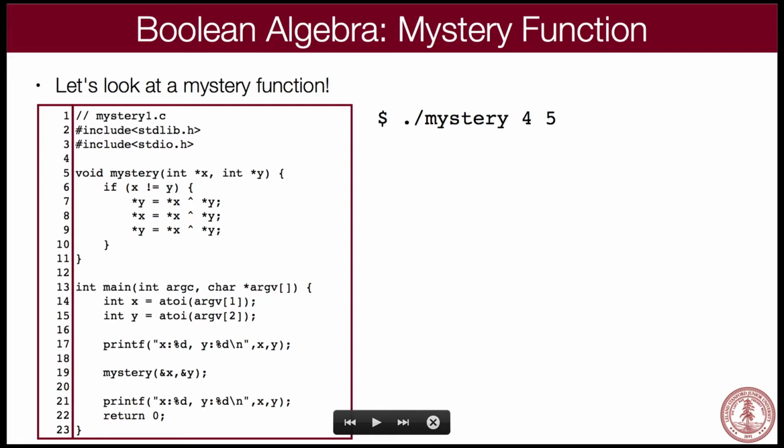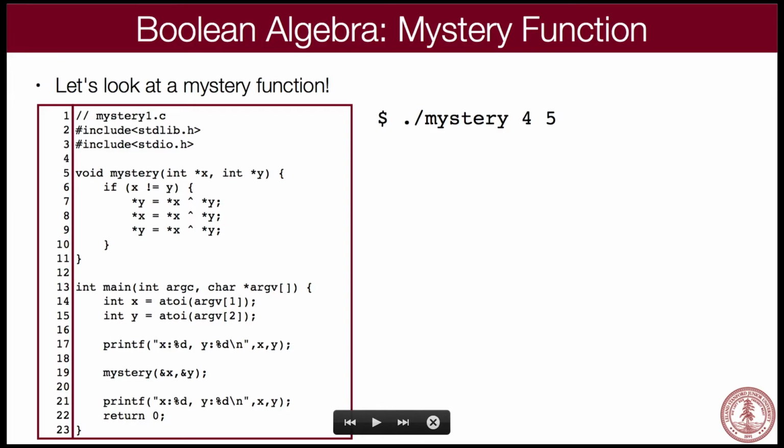So what this is actually doing is we're doing this. We're saying, look, if x is not equal to y, it's interesting. We're passing in a pointer to x and a pointer to y. And we're saying if x is not equal to y, we're going to apply this weird thing. We're going to say the value at y equals the value at x exclusive ORed with the value at y, and we're going to set that into the value at y. Then we're going to take the value at x and do the exact same thing again. We're going to say x now equals the value at x exclusive ORed with the value at y. And then we're going to do the same thing again. We're going to say y now equals x exclusive ORed with y. And you say, what is going on here?